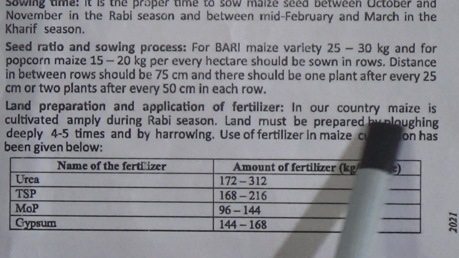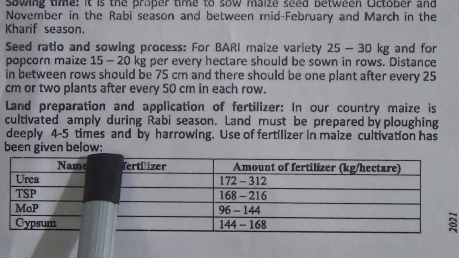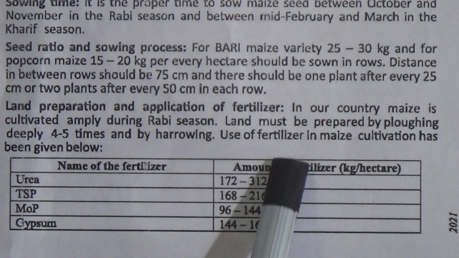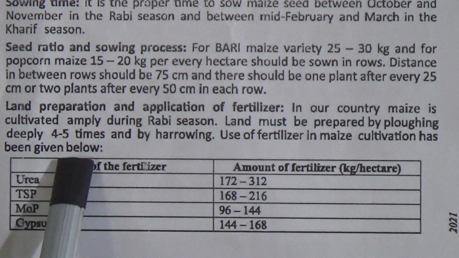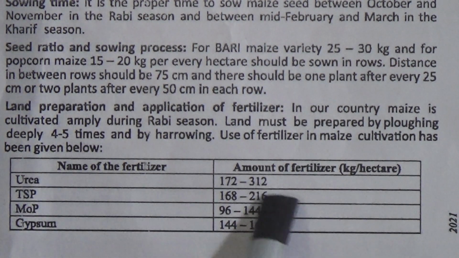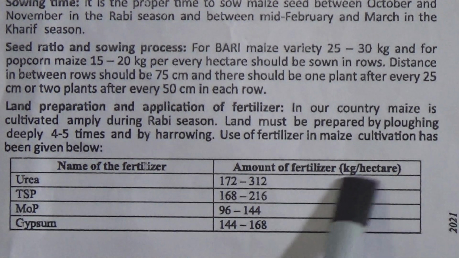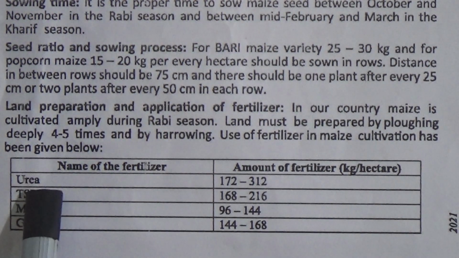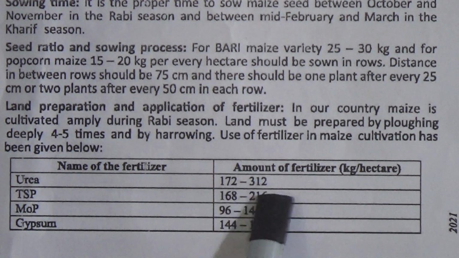Land must be prepared by plowing deeply 4 to 5 times and by harrowing. Use of fertilizer in maize cultivation has been given below. Name of the fertilizer and amount of fertilizer, kg per hectare. Urea 172 to